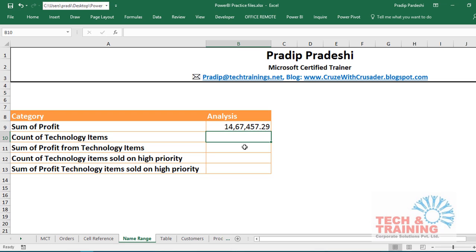Similarly, I would like to count all the technology items. So I type COUNTIF, now the range is category. Within the category column, I would like to count technology. I close the bracket and see, this is again the same number. Now I use another function, equal to SUMIF. When I talk about the SUMIF function, I would like to get the data from the category column. I would like to filter only for technology,